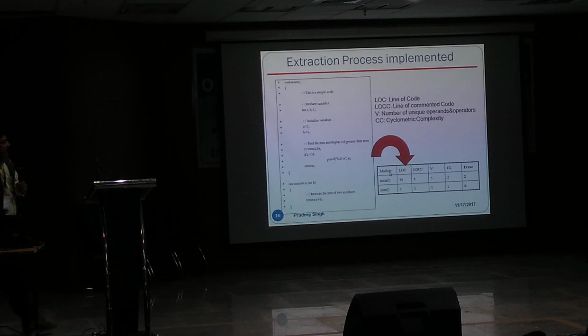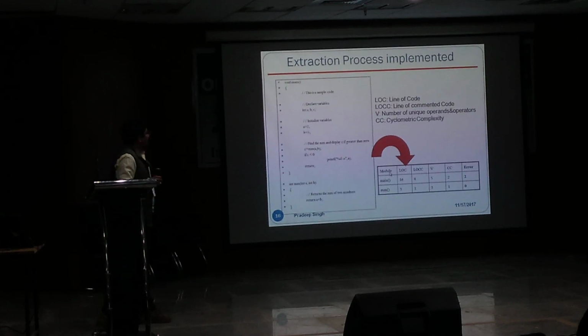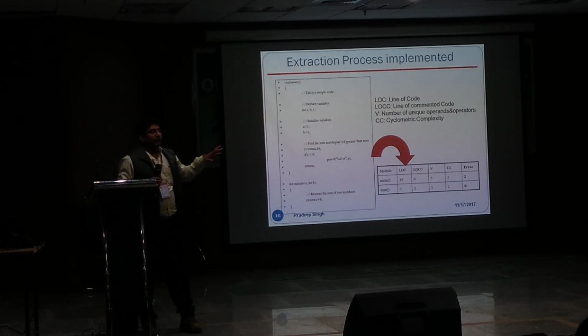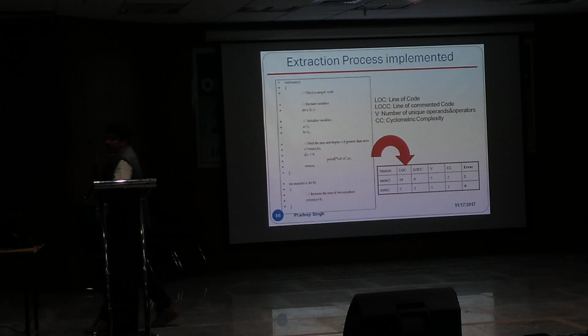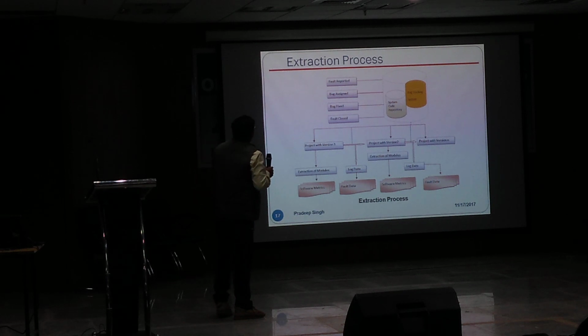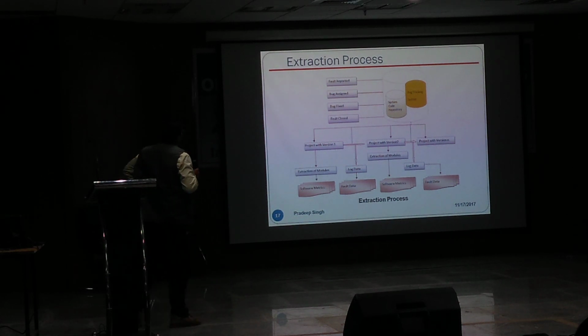Okay, fine. We are trying to extract the bugs and then extract the software metrics to tell about the measurement of the various things of the software. So we have used this software. This is one example of how the software metrics can be extracted, and if it's buggy, then it is going to give you the bugs. This is our model by which we are going to extract the data, and we have developed an algorithm for doing this complete job.